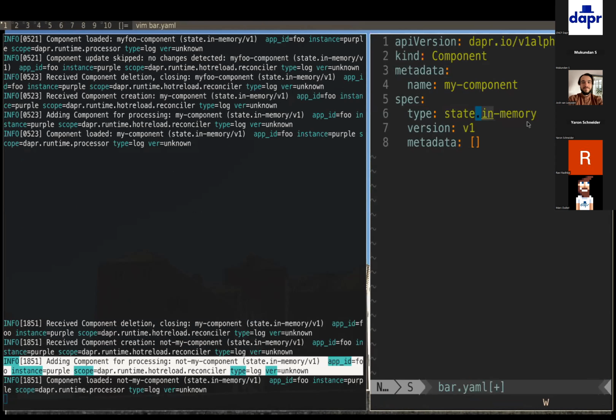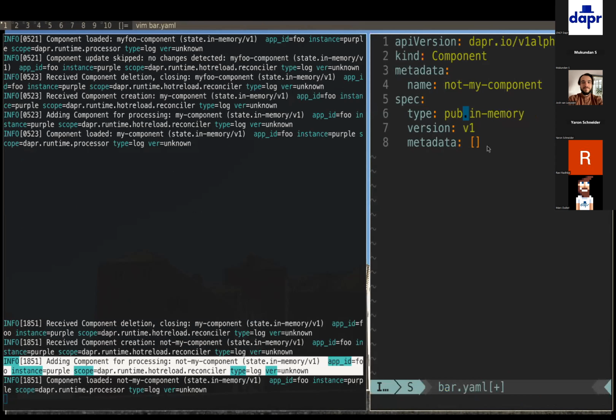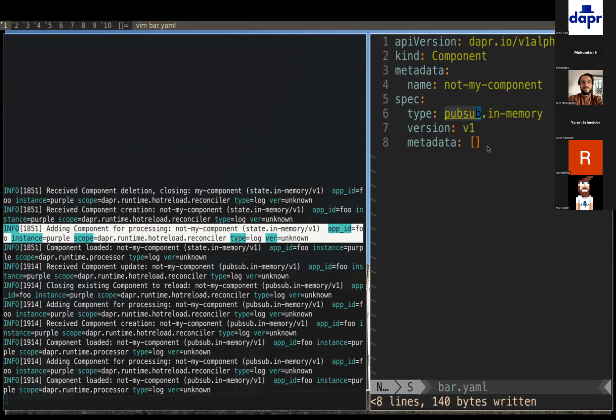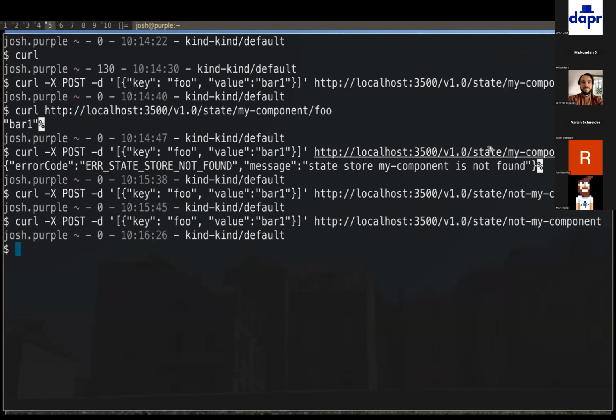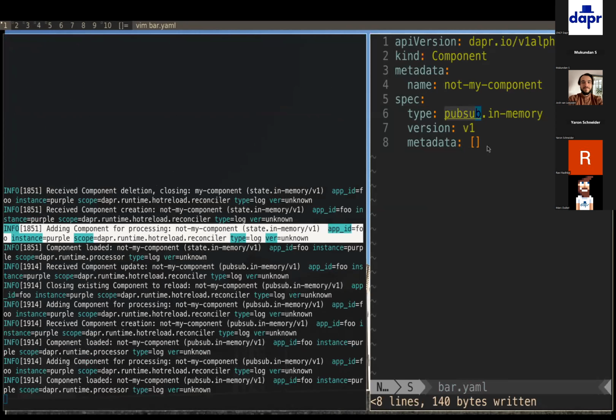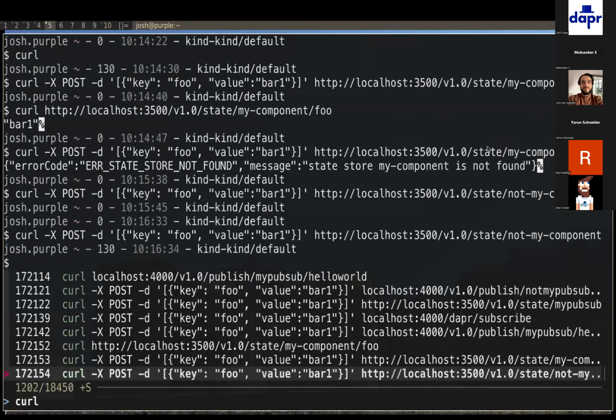For example, we could change this to a pub sub, if that's something that you'd want to do. But this is just to show that that also works. Similarly, it's going to see that the component has changed types, so the spec has changed. It's then going to delete and close the previous component and bring it up again with the new configuration. And so we should see here, if I try and curl, has that worked? I think that's worked. And then if I curl to the pub sub,